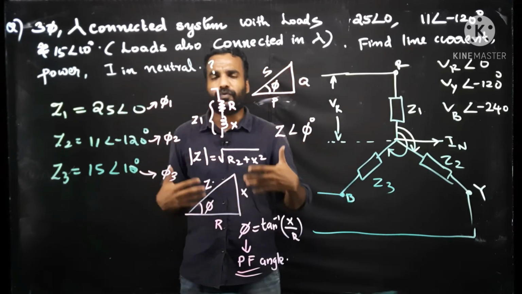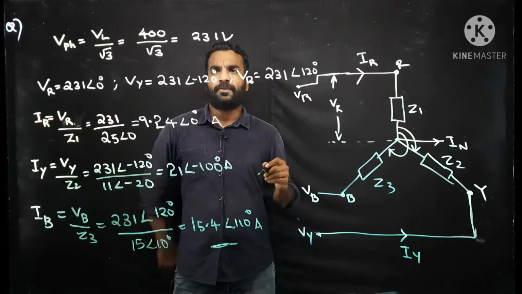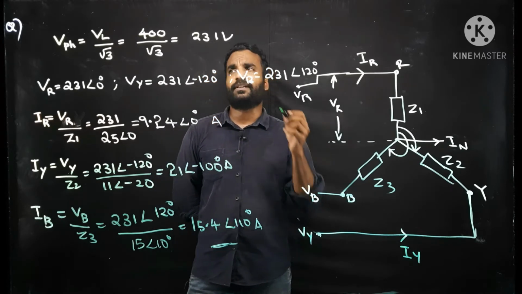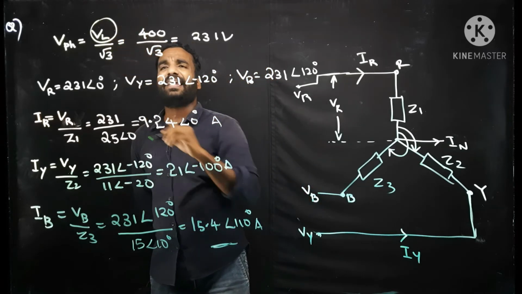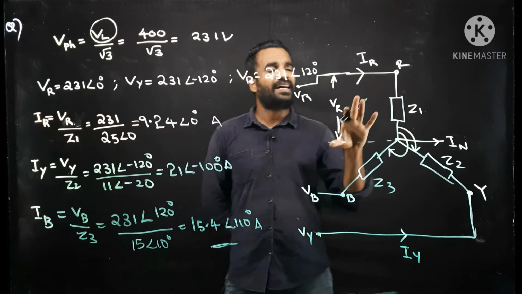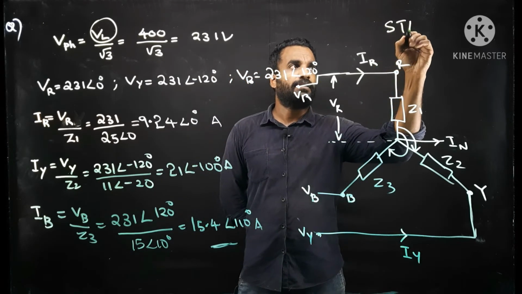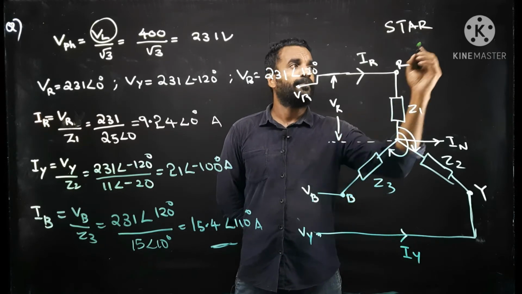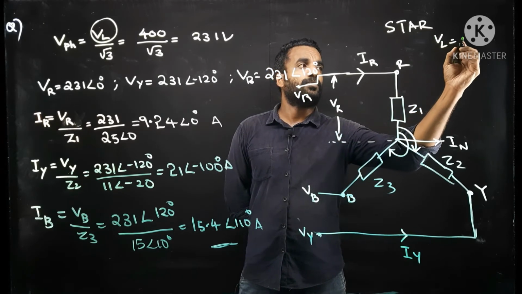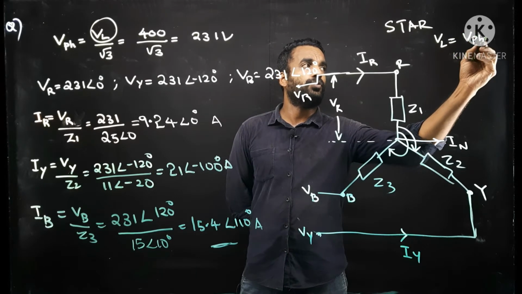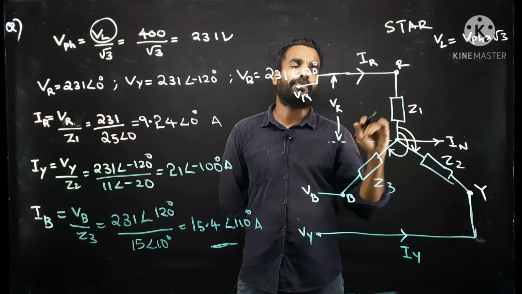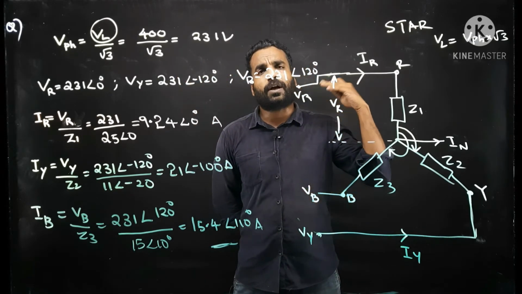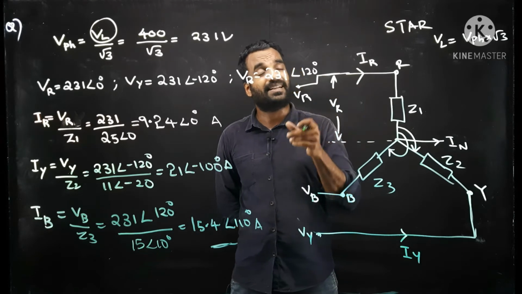Now, we are directly moving into the problem. Okay, so we can do the problem. First of all, in the question we are given the line voltage, because as it is a star system, we know that line voltage and phase voltage are different. V line is equal to V phase into root 3, or V phase is equal to V line by root 3. Anyhow, in the question line voltage is given, so you have to convert it to phase voltage for basic calculation. Why?